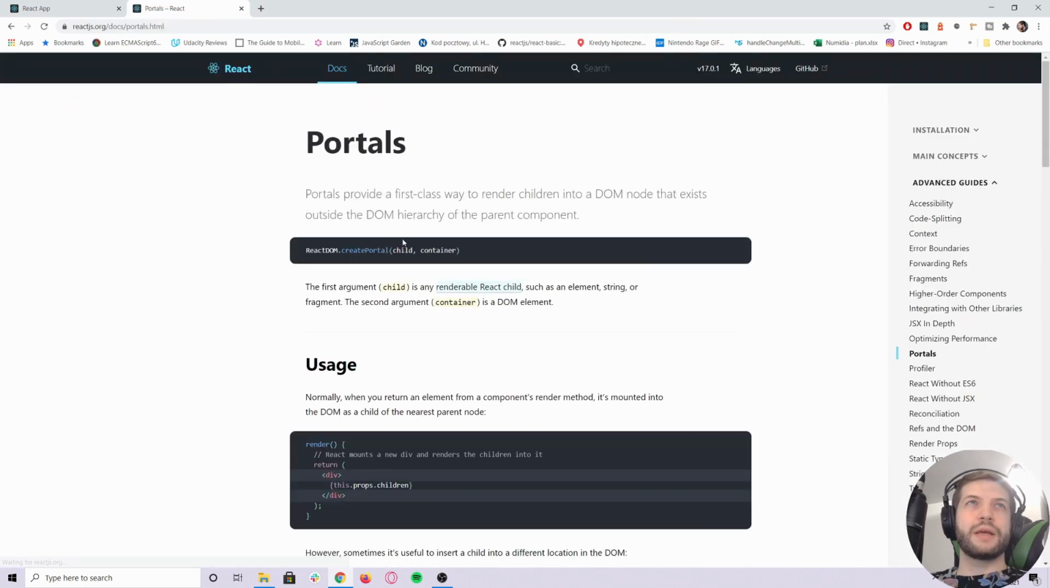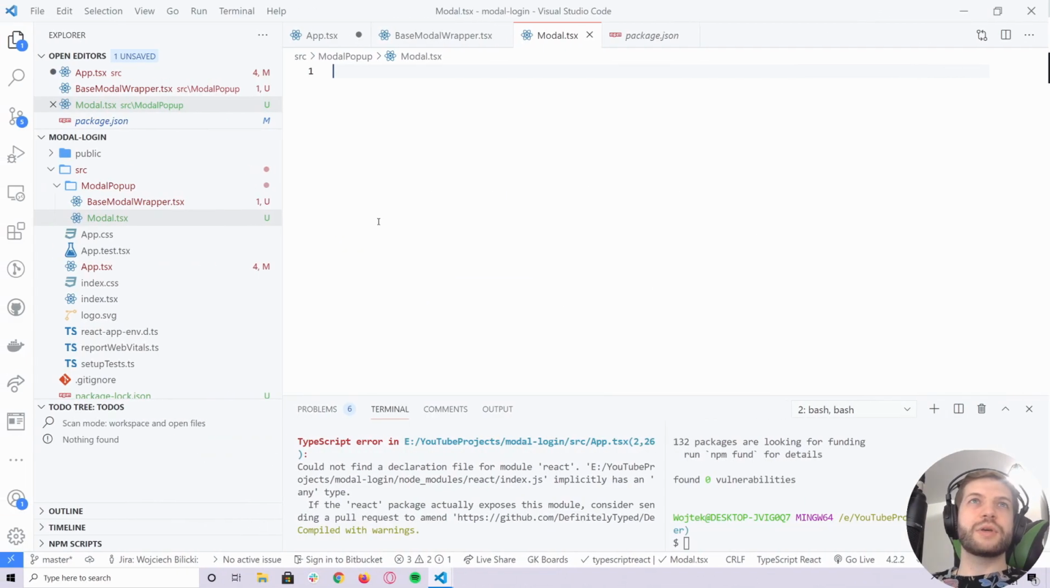Okay, you can read about it here, but basically what it does, it takes the components that you'd like to render out of the current structure of the DOM, and it allows you to present something in a different part of the tree, right? And that's what we'd like, because